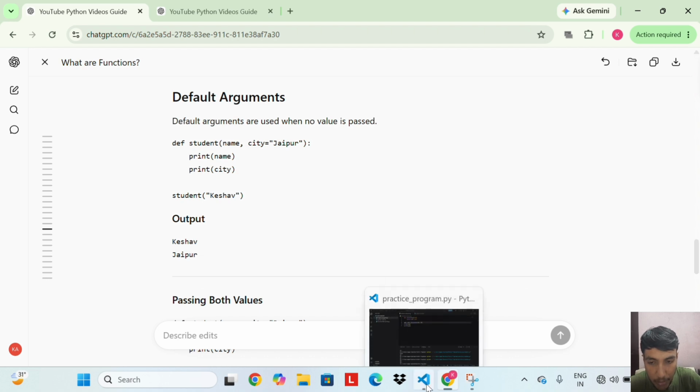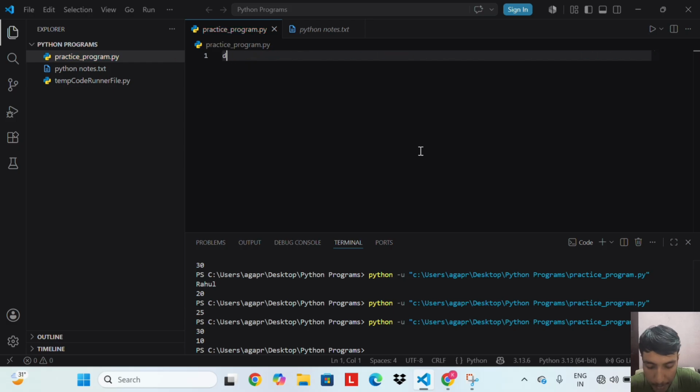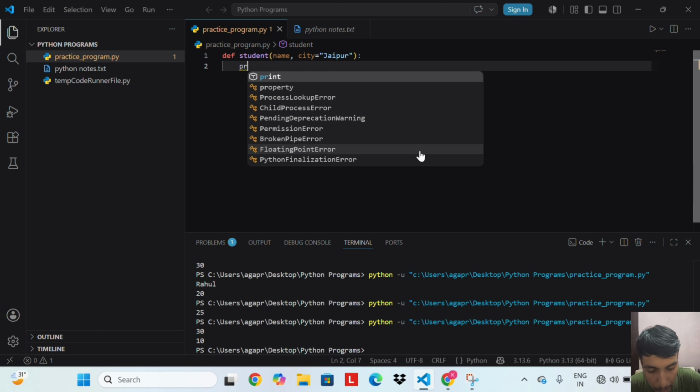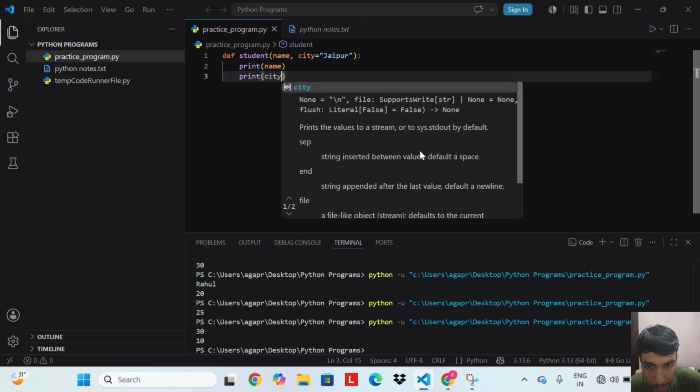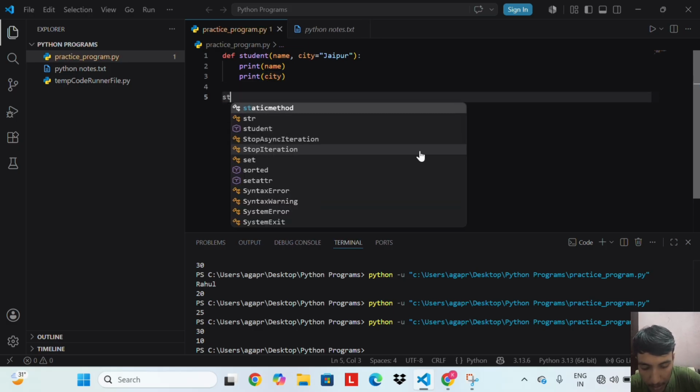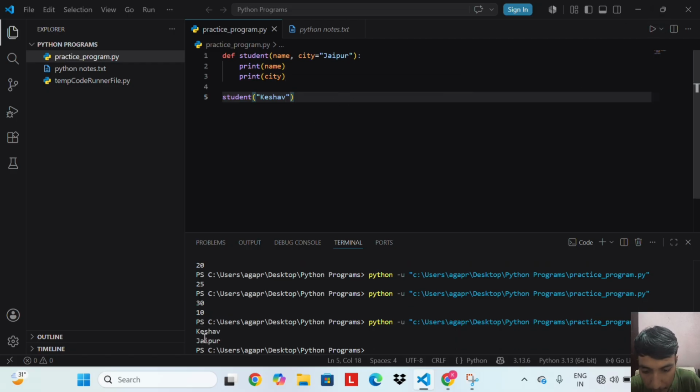So let's do an example of default arguments. def student(name, city = "Jaipur"): print(name), print(city). student("Keshav"). Let's run this code. We get Keshav and Jaipur.